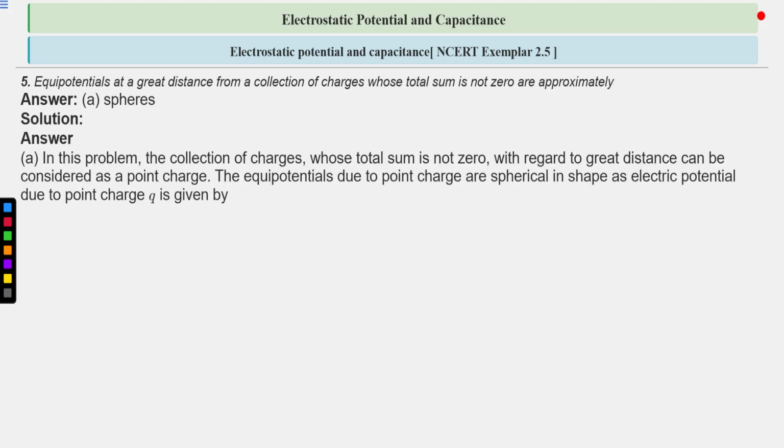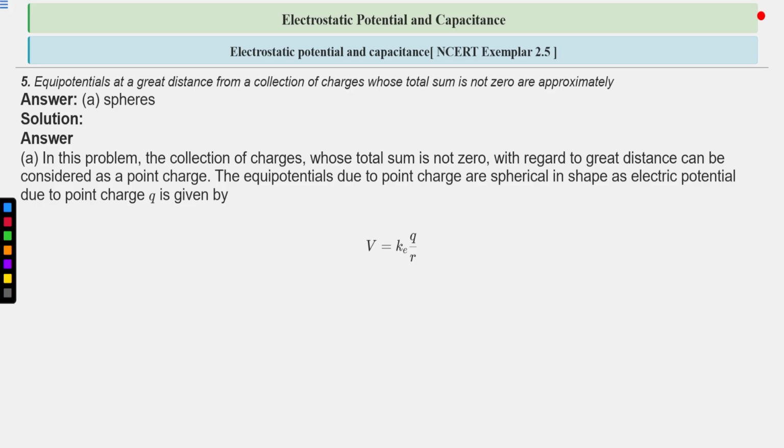The answer for this question is, in this problem the collection of charges whose total sum is not zero, with regard to a great distance, can be considered as a point charge. So if there is a collection of charges and we are analyzing them from a great distance, they will appear as a point charge. Equipotential surfaces due to a point charge are spherical in shape, as electric potential due to point charge Q is given by